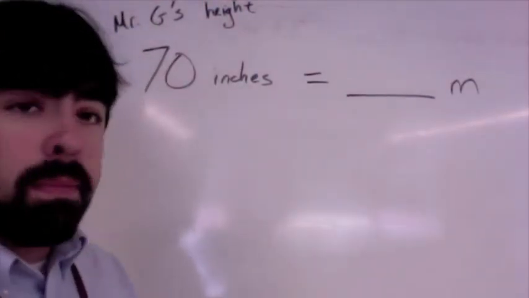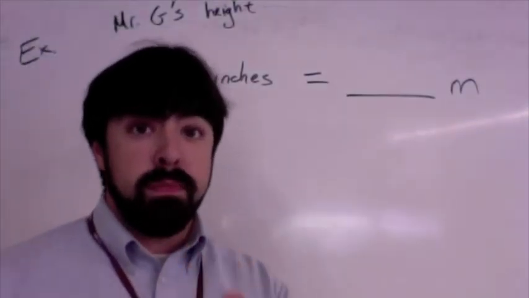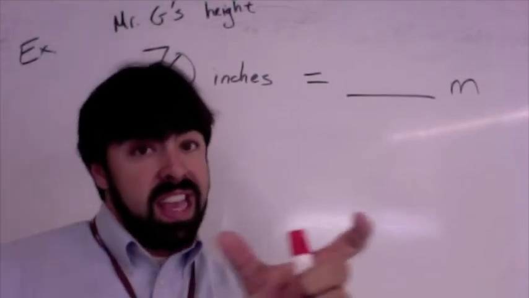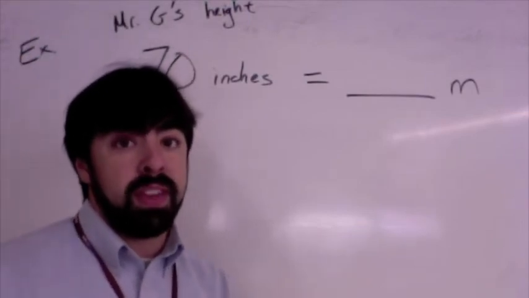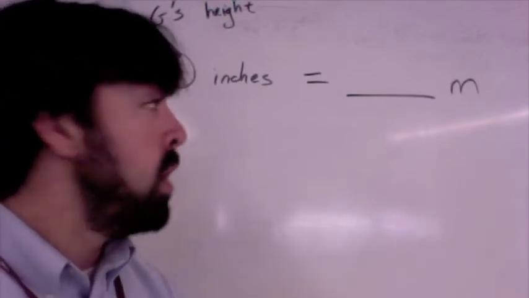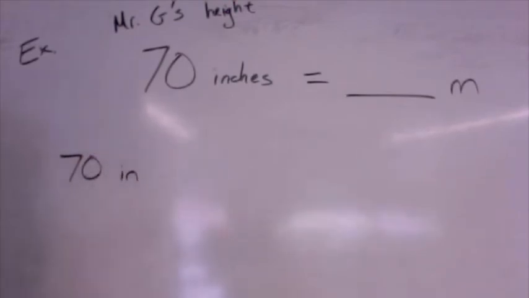So I'm going to go with 2 steps here. And there's actually 2 ways of doing this. I'm going to show you both. I'm going to start with the first one that uses both dimensional analysis and the decimal point rule at the same time. And the other one is just going to use straight dimensional analysis through. So 70 inches is in